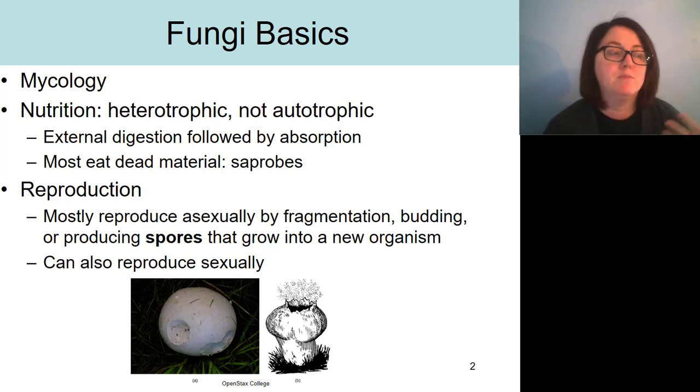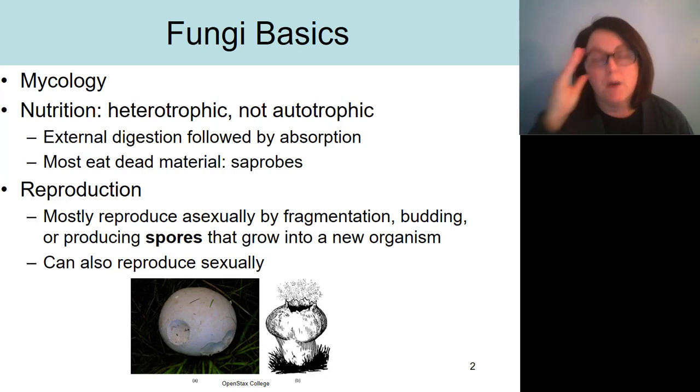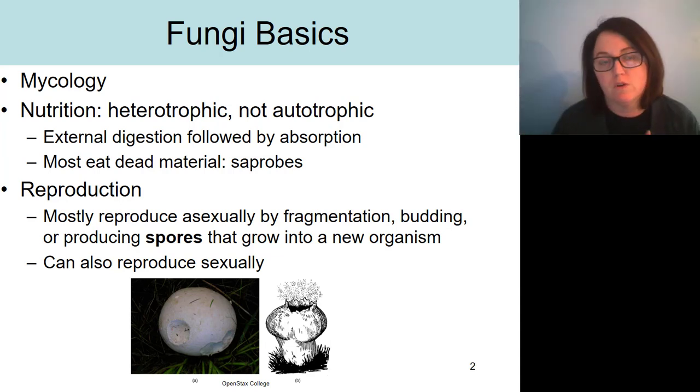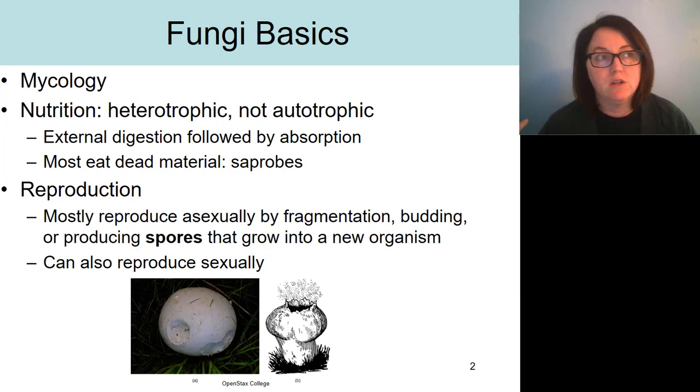So when it comes to the different types of fungi, we're most familiar with a mushroom, right? You go to the grocery section, and well, prior to coronavirus, we could find mushrooms in the fresh produce section. Maybe not now, but anyways, that particular mushroom belongs to a group called Basidiocarps. Basically, that mushroom cap that we eat is the structure that actually produces the spores, and it can also produce the gametes if the mushroom is going to reproduce sexually.